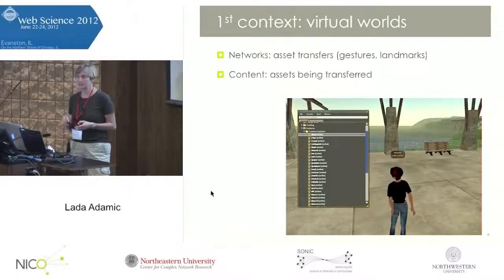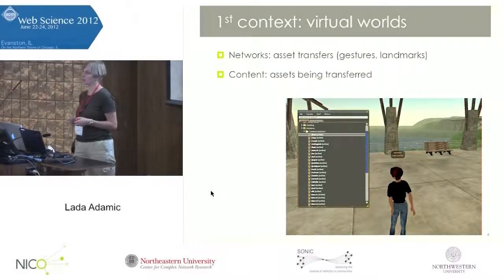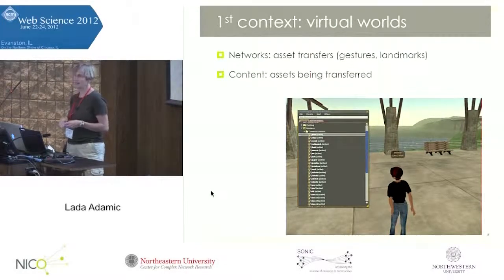So for our data sets, we use three. I'll describe two of them. The first one is the virtual world Secondlife. And in Secondlife, if you want to figure out where to go, you would use landmarks, which are coordinates within the virtual world, which you can share with others. They're like bookmarks, and once you have it, you can just teleport directly to that location.